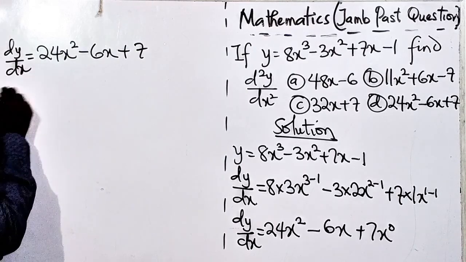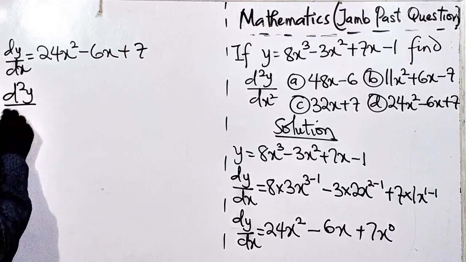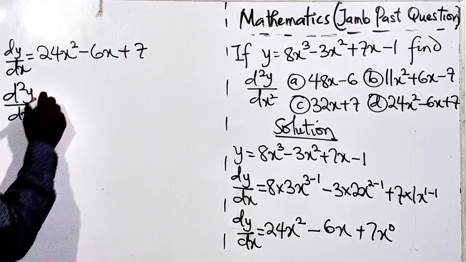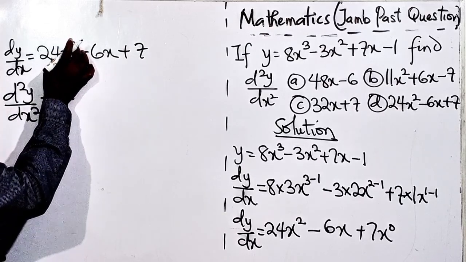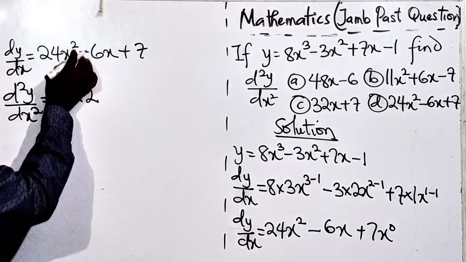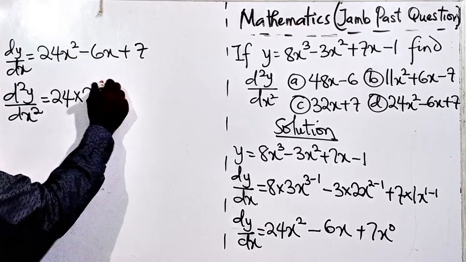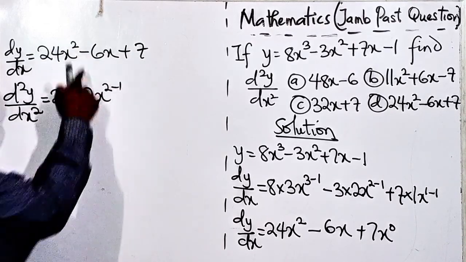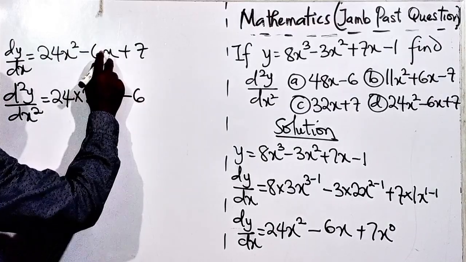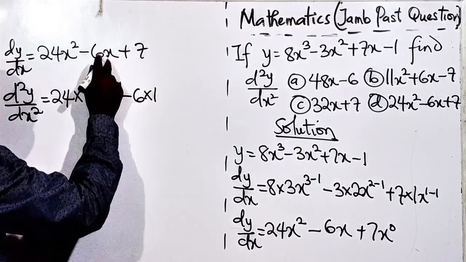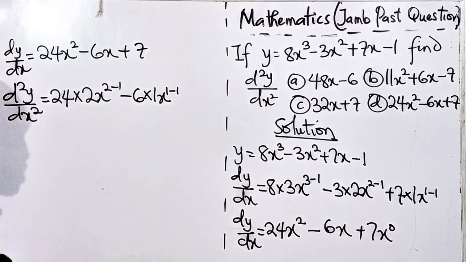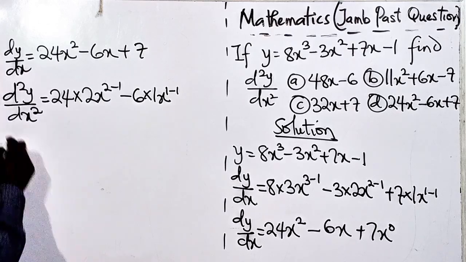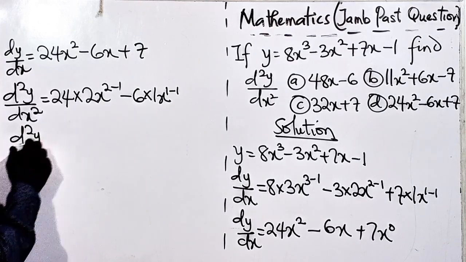Now let us differentiate for the second time. All right, so it's going to be this is equal to this 24. Highest power of x here is 2, so you bring it down. So you write x squared and then you subtract 1. Is that clear? Minus 6. Highest power of x here is 1. Write this 1 and then you subtract 1. Now 7 here is a constant, so if you differentiate the constant, you'll be getting 0. All right, so this gives us